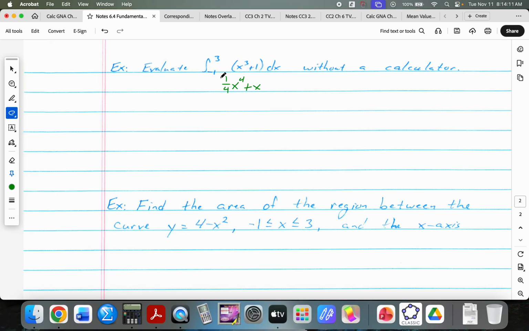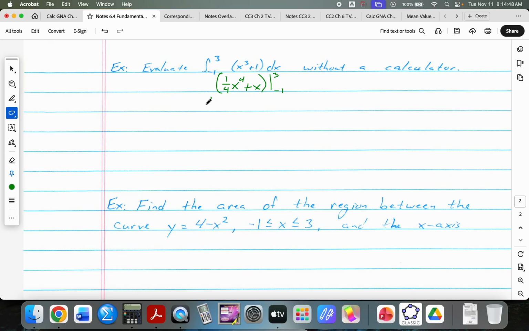Now, I want to evaluate this at 3 and at -1 and subtract. And the way that we'll typically write that is, you know how I've written an evaluation bar like this before where I said, evaluated at x is whatever? Here we're going to evaluate it from -1 to 3. And that's the way that we typically write that. So you find the antiderivative and remind yourself, I'm going to evaluate that at 3 and at -1 and take the